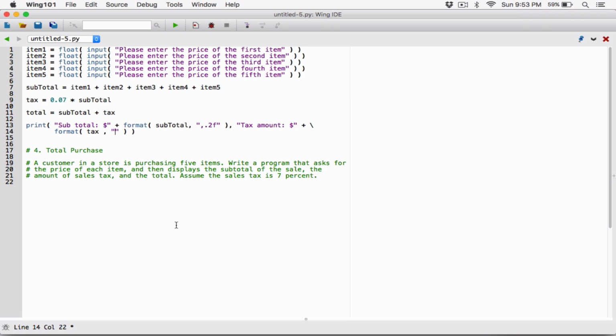And I want it first, the tax amount is also a float, because it could be a decimal. So because it's a float, I'm going to put an F. I want it formatted to 2 decimal places, and I want commas where necessary. Okay, so now I'm done with the second argument passed into the print function, and the third argument is going to be